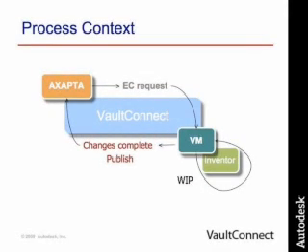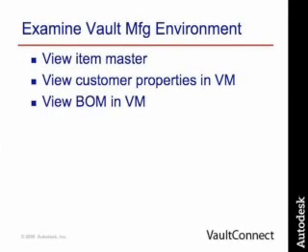This diagram illustrates how Vault Manufacturing interacts with Axapta. The demonstration sequences start with setting the stage in Axapta and noting the data that exists and will be changed. This will be followed by highlighting the Vault Manufacturing environment. Within Vault Manufacturing, data will be modified, and initiation of the data transfer from Vault Manufacturing to Axapta will be